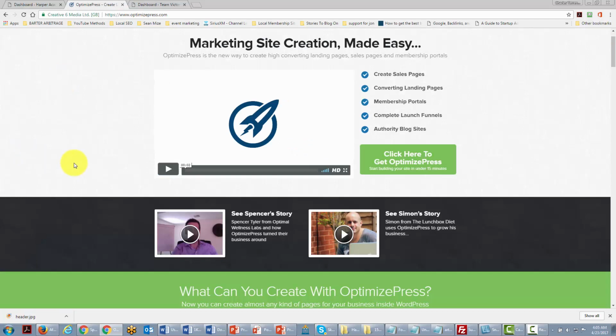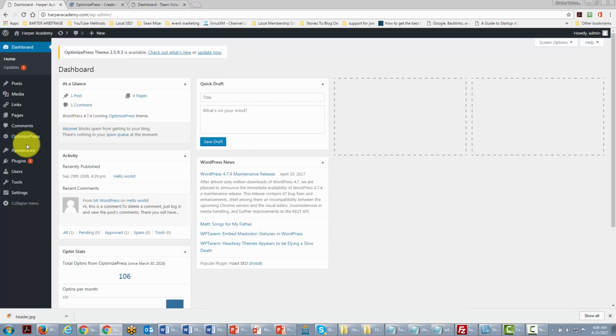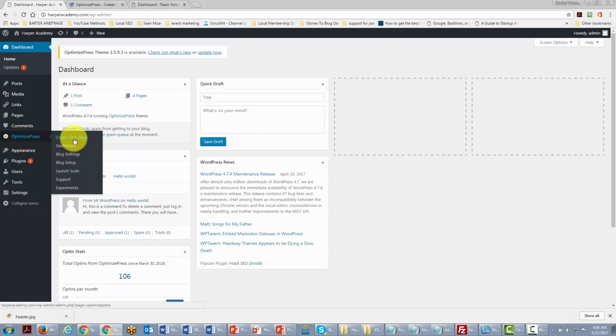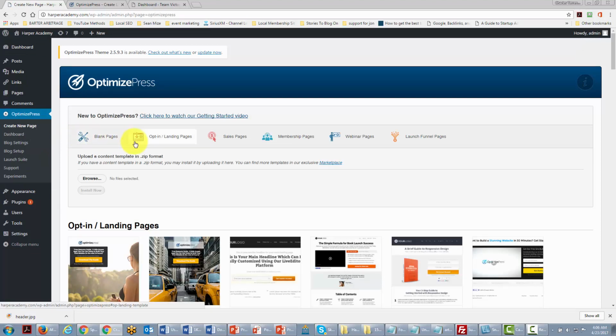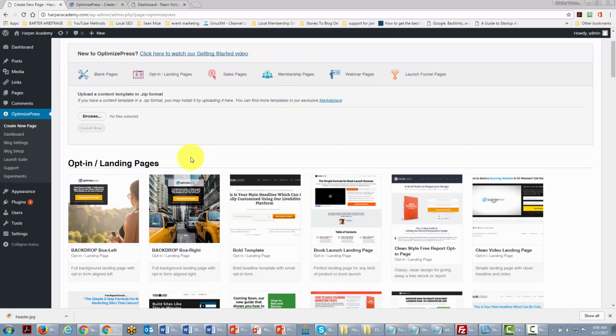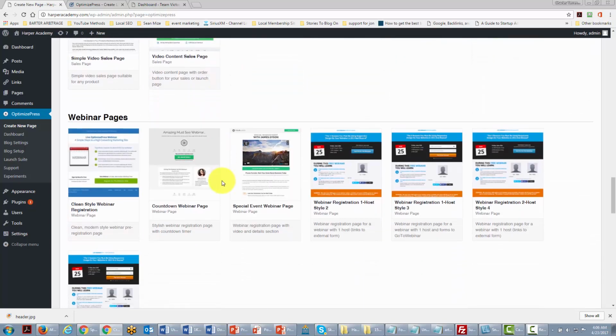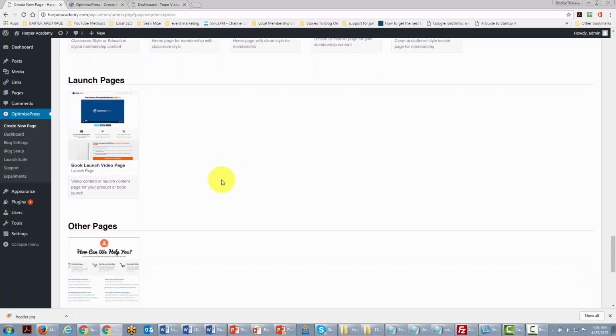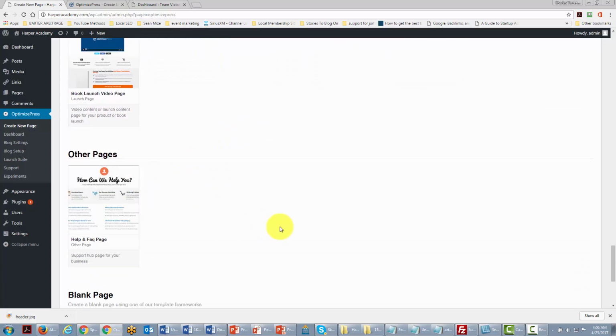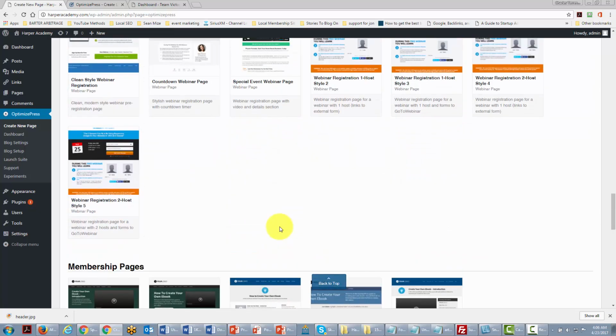One system that a number of network marketers rely on is called Optimized Press. While there are many systems that will give you sales pages, Optimized Press is a theme that will allow you to build business pages, whether it's for your front page or for things that you want to sell and offer to your customers. Once Optimized Press is installed inside of your WordPress website, you have a separate Optimized Press dashboard, and you start the process by creating a new page. Optimized Press gives you several templates to start with. They give you landing pages, thank you pages, sales pages, webinar pages, membership pages, launch pages, and FAQ pages. And basically, these templates are starter templates that you can use in order to build